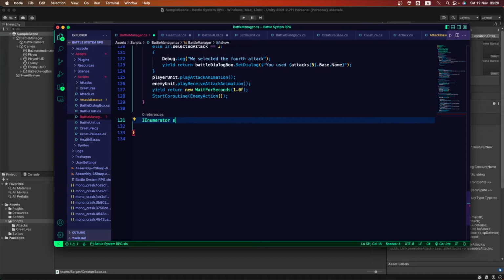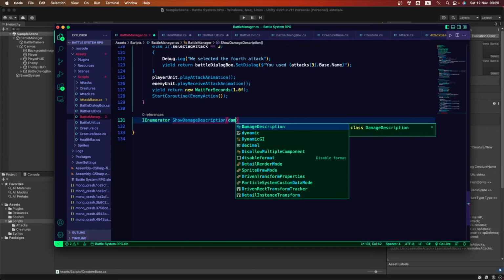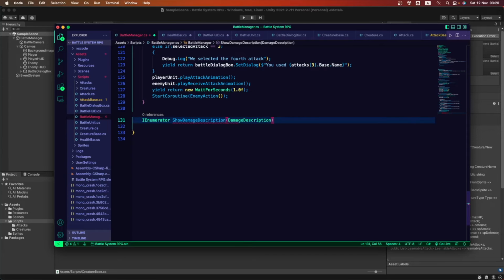It's gonna be a show damage description, and this is gonna be needing a damage description result. Where is this coming from? From the creature. Remember, we just created that. This is gonna be called desk, just for a short form. So let's start building. And remember, this damage description class, we could set those values to anything we want. So we're gonna do that just here.